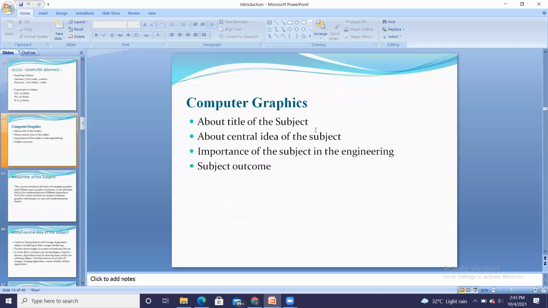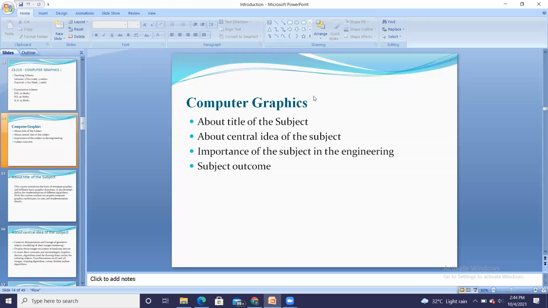Now let us see computer graphics. What is the title of the subject? Here the title is divided into 2 words, computer and graphics. Graphics you have already studied in first year. What is graphics? It is dealing with shapes. Graphics is nothing but lines, curves, images, objects, 2D or 3D.